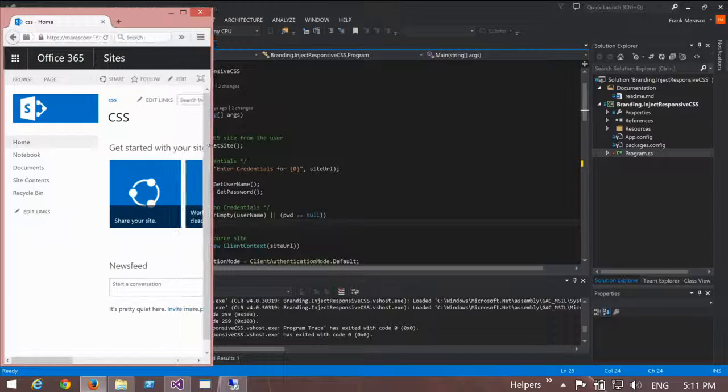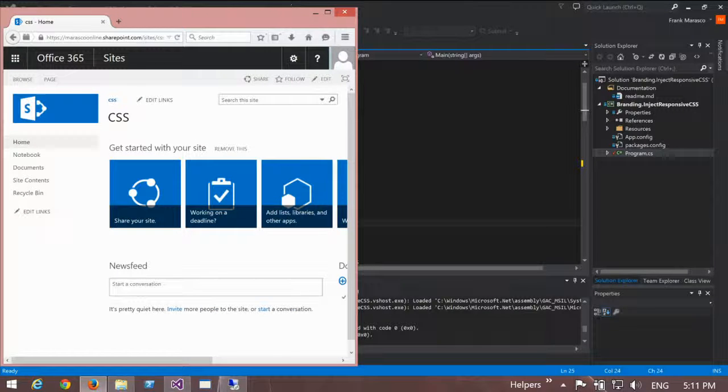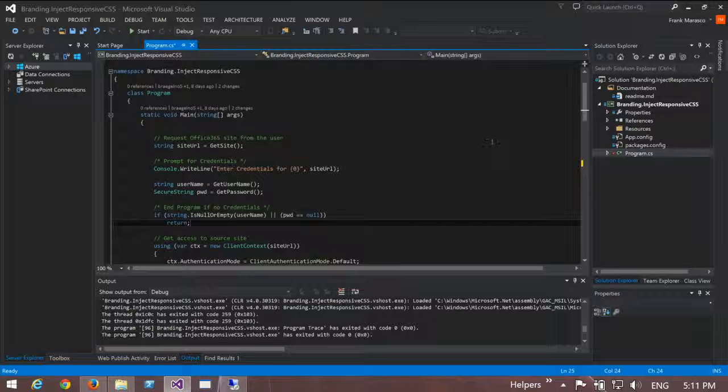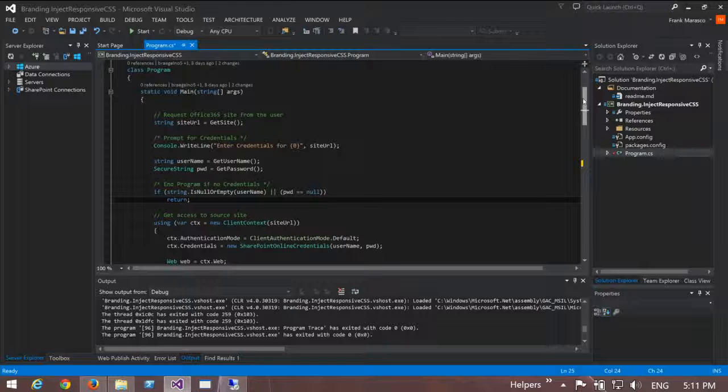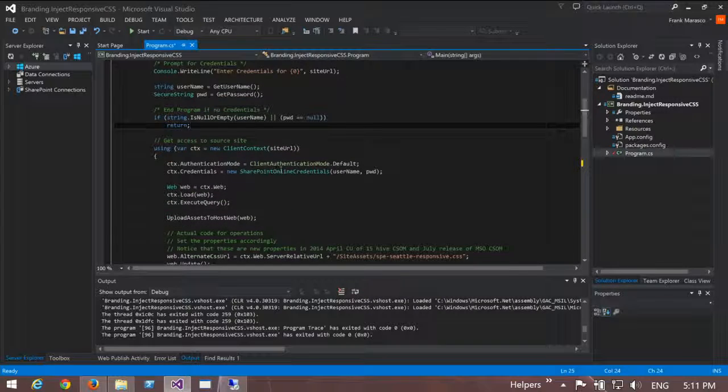You know, that's not very responsive, right? I can't really show my iPhone right now hitting this, but this is the experience that I would get. So I have a little bit of code here from Patterns and Practices that demonstrates how I can apply an alternate CSS to that site, all right? I'm not going to bore you to death with tons of code, but right now this is using SharePoint Online credentials. If you were on premises, you would use your network credentials, or you can use app-only